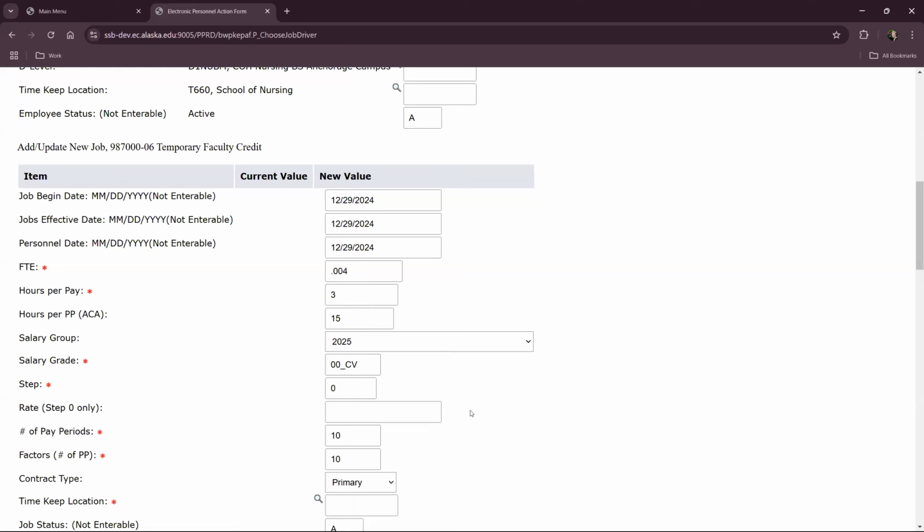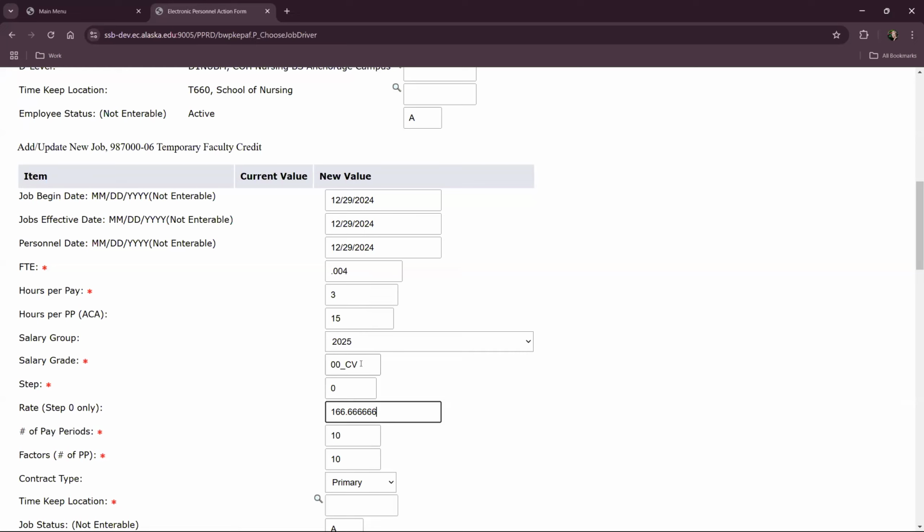So for example, if they were to be paid $5,000 for the semester, you would divide that by the number of pay periods, which in this case is 10, which would give you 500 for biweekly. Divide the biweekly by the number of credits to fill in your rate of pay. And as you can see, this field does accommodate up to 6 decimal places.